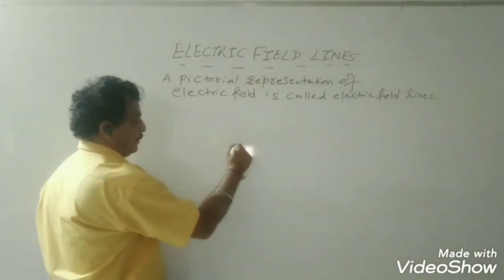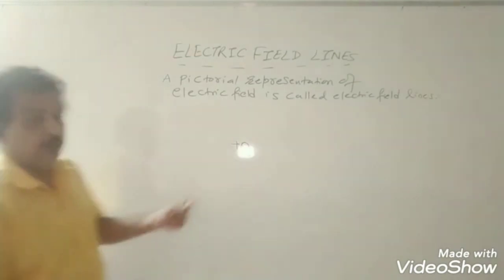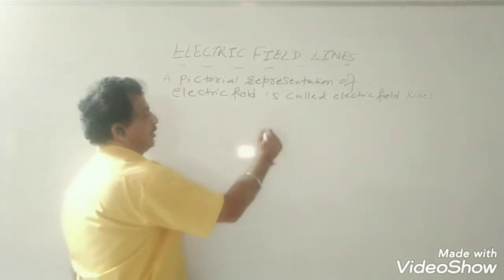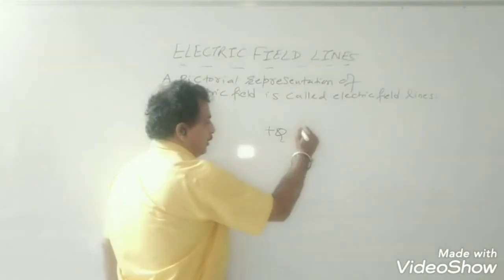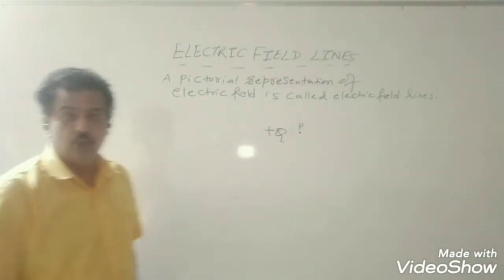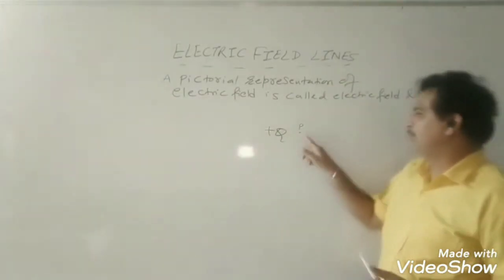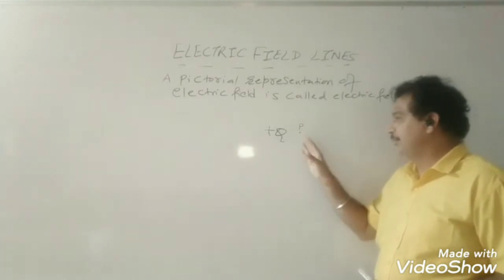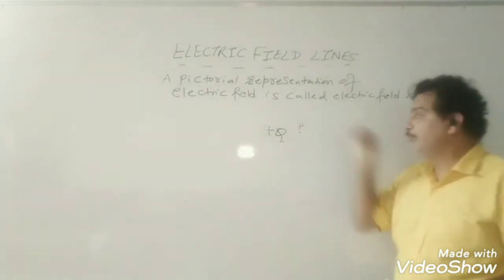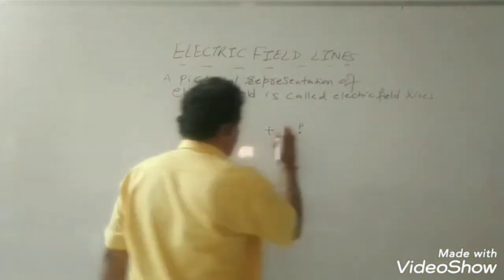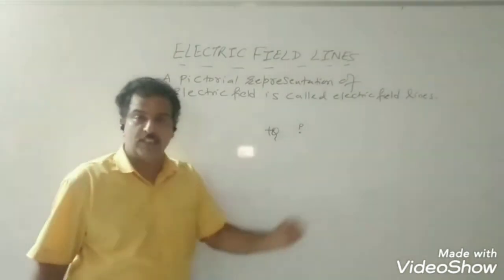Now suppose I take a source charge which is plus Q. Now if this is a plus source charge plus Q, suppose I keep a test charge at point P. Now we know that test charge should be a unit positive charge, that is a charge on proton or electron. So we place here a proton. Now we don't represent test charge by Q naught. It is understood that we have kept a unit positive charge here. Our source charge is positive, and test charge by convention we always take positive.